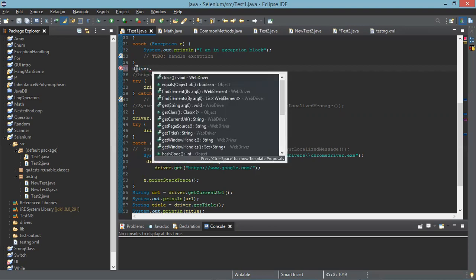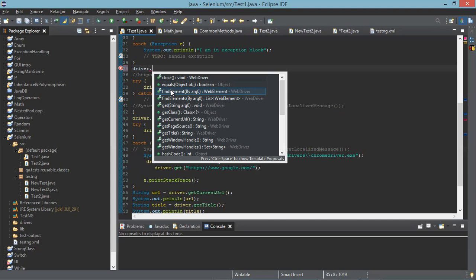find element. Where should you find an element? If I am asking you to find an element, you will find it in the browser that you open. So driver is the browser object that you have now. What you do on driver is use the find element method, which is already implemented.